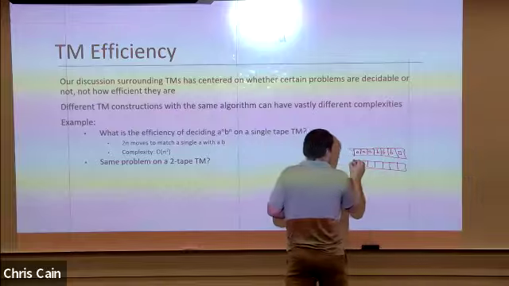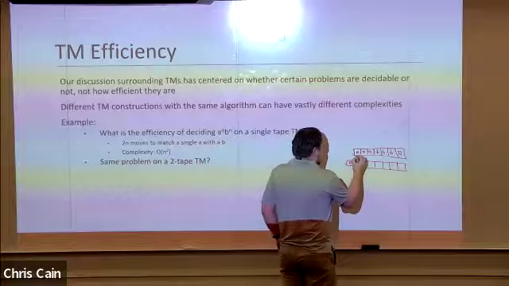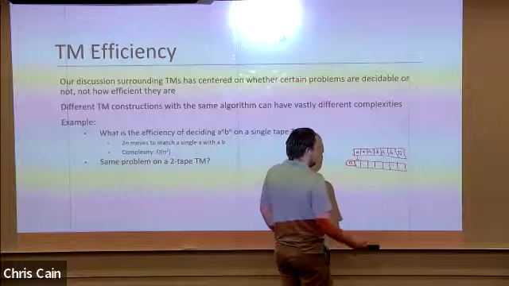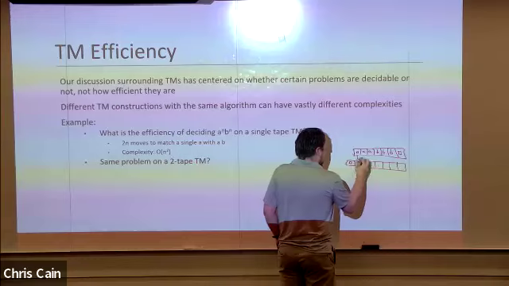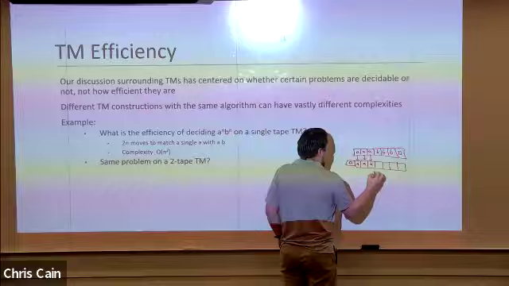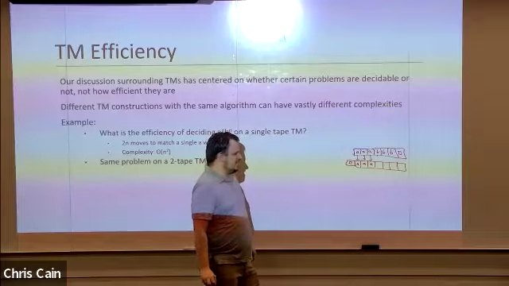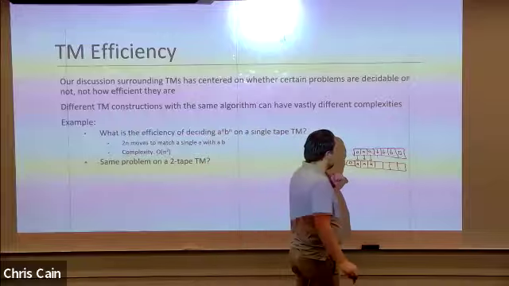I'm also going to draw an extra space over here that's a blank. We can just map, do something like, all right, read an A, write an A, read an A, write an A, read an A, write an A. Now we start reading B's. So now instead of moving right across the tape, we're going to move left.